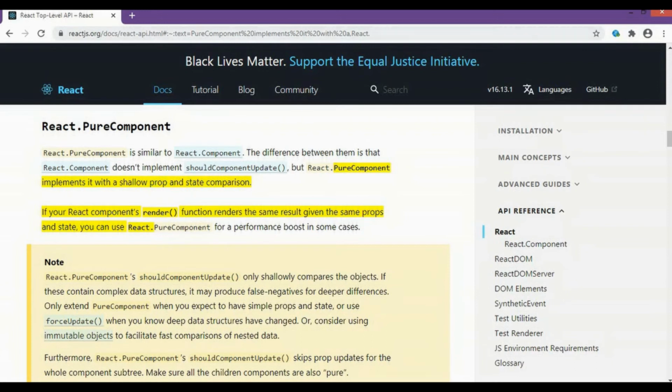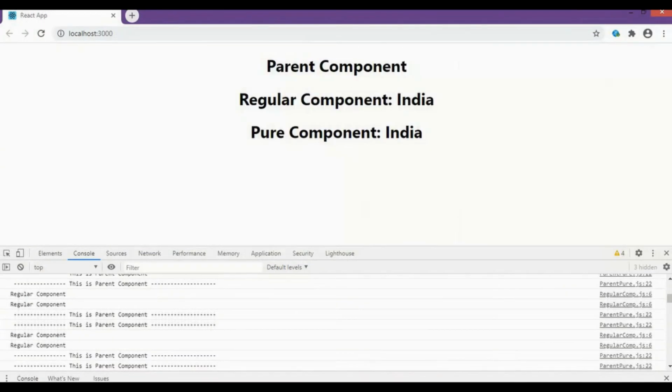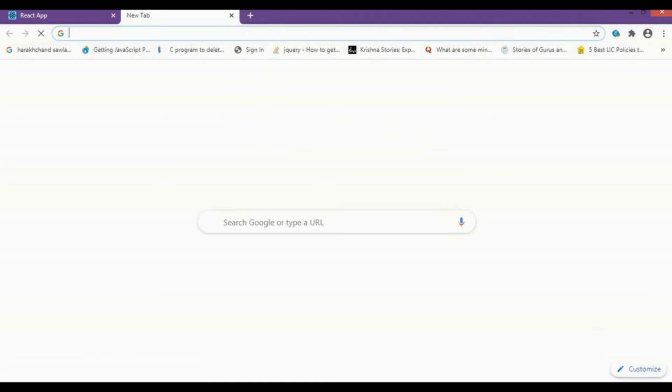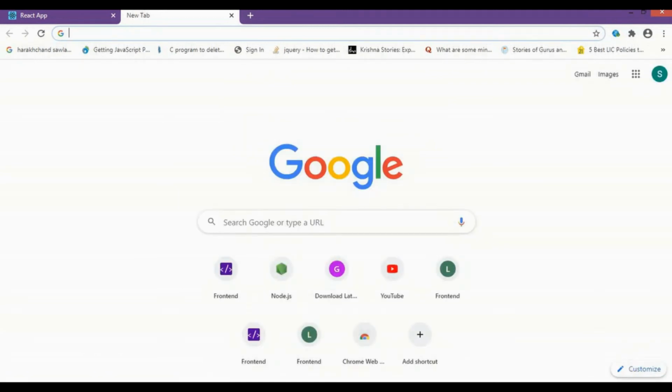Now let me show you how this shallow comparison works. I'll open up another new tab over here, and open up the console.